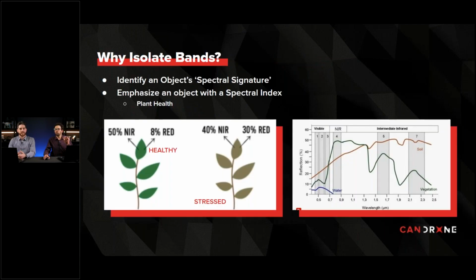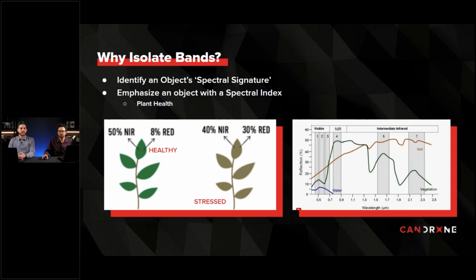So I posed a question, why do we care about isolating a certain band from the electromagnetic spectrum to produce separate ortho images? And the answer is because we can measure how the various light waves interact with objects to get that object's spectral signature. So in analyzing the spectral signature, we can easily identify objects or their qualities and make quantitative assessments about their